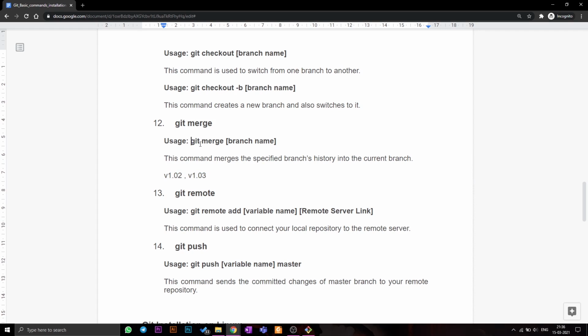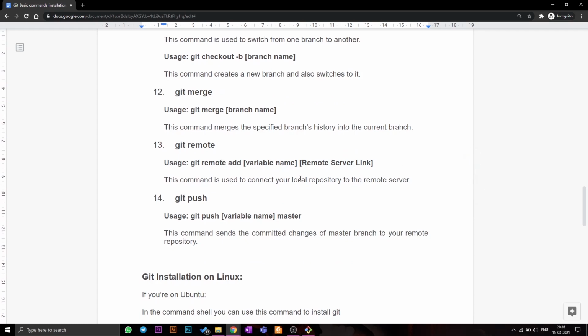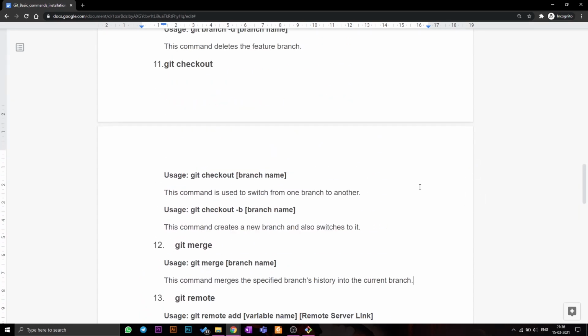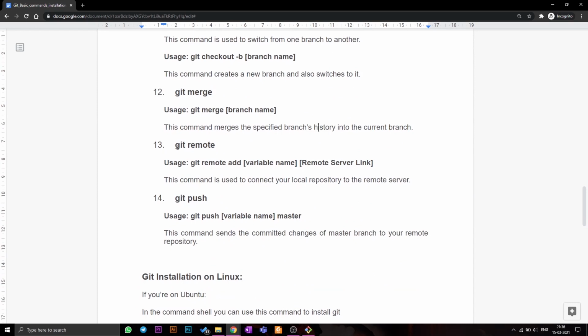So you can use git merge. I'll just check out to 1.02 and I'll merge it to 1.03. Okay, simple stuff, nothing too advanced here.